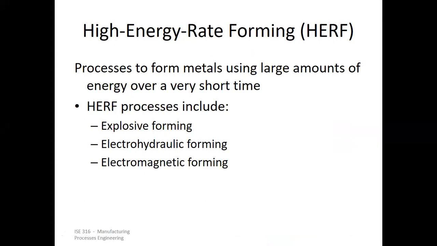How do we take that into account? That is used to shape the sheet metal, utilizing explosive technology as well. So basically, you have these HERF processes, high energy rate forming processes, as three: explosive forming, electrohydraulic forming, and electromagnetic